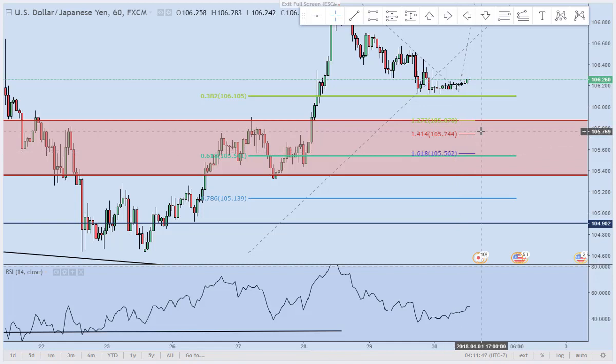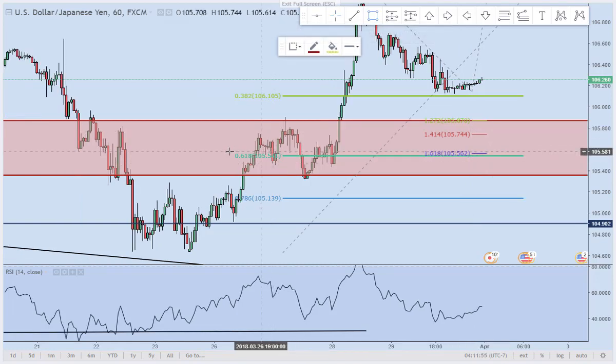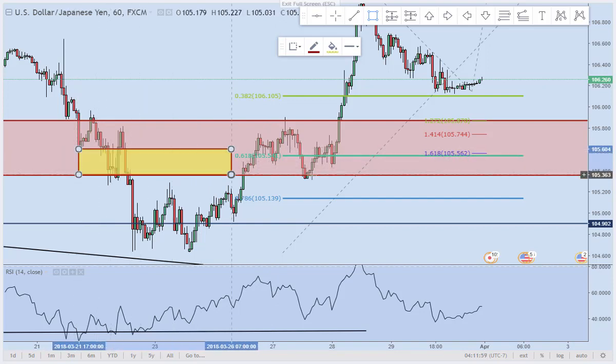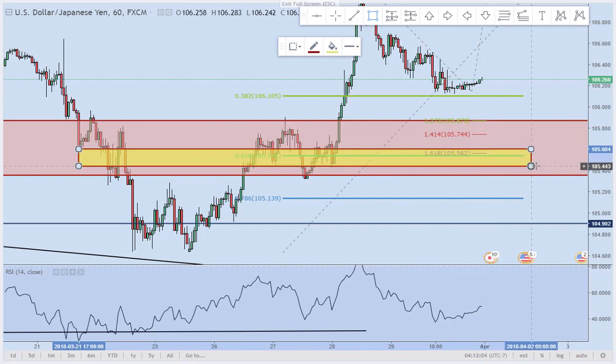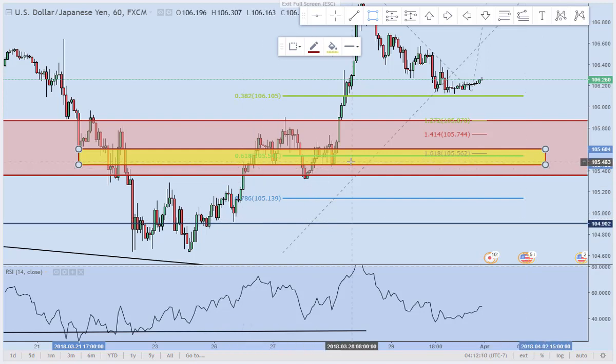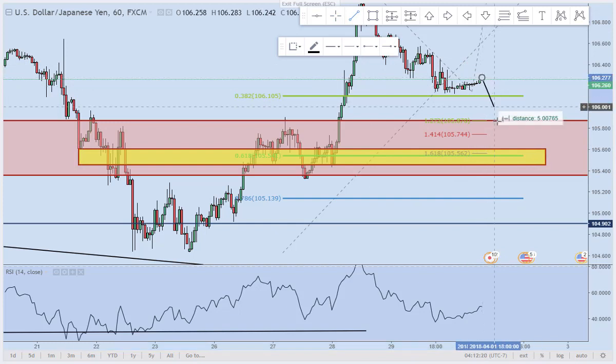So let's try to draw out a zone to get an exact kill zone for us. As you can see, price action gives us a retracement right in between the 1618 extension and the 618 retracement. So somewhere in this area, this is where we try to narrow down our exact kill zone. As soon as price action gives us a push to this area, as soon as we get a slope